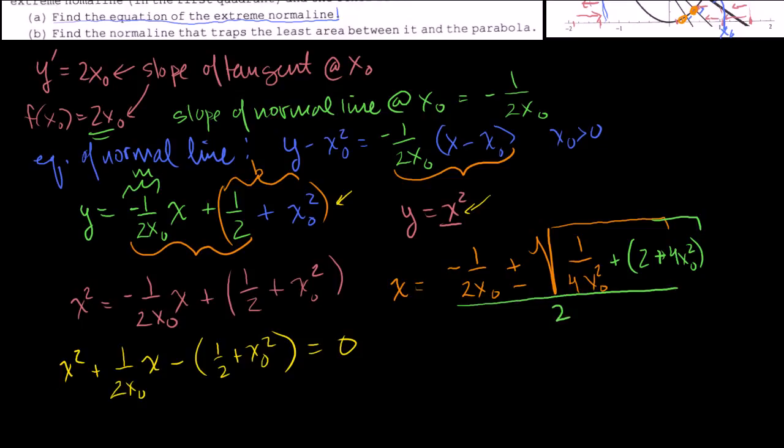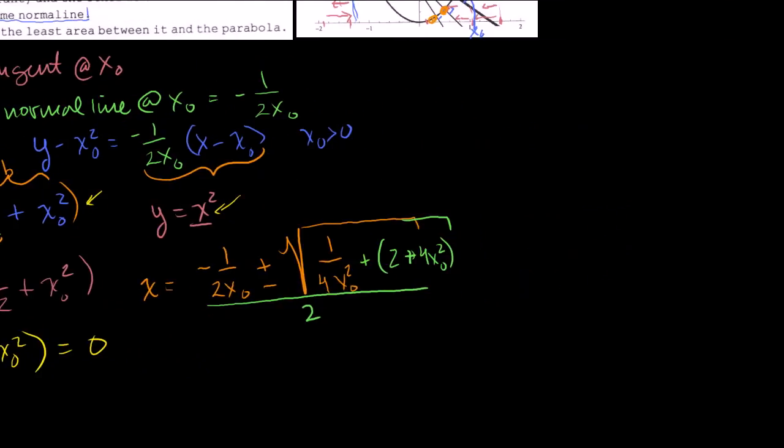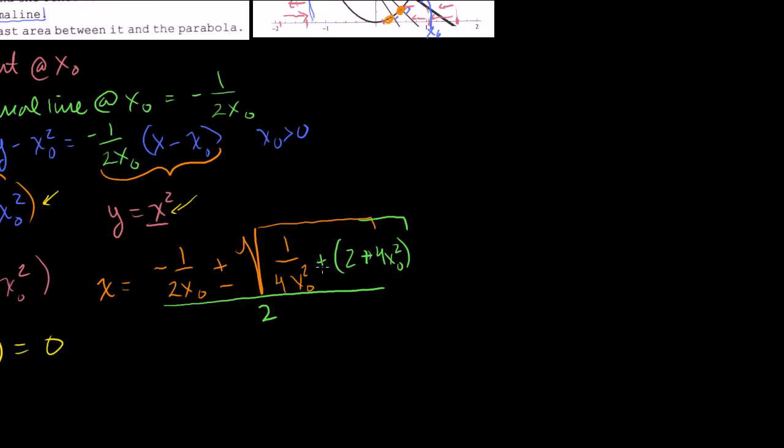So let's see if I can simplify this. Remember what we're doing. We're just figuring out where the normal line and the parabola intersect. Now, what do we get here? This looks like a little hairy beast here. Let me see if I can simplify this a little bit. So let us factor out. Let me rewrite this. So this is equal to,